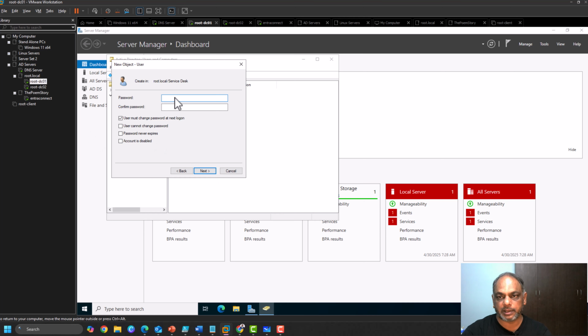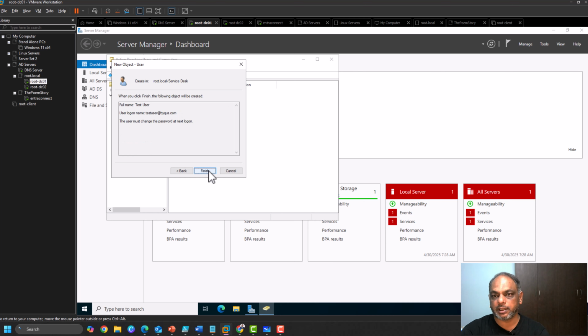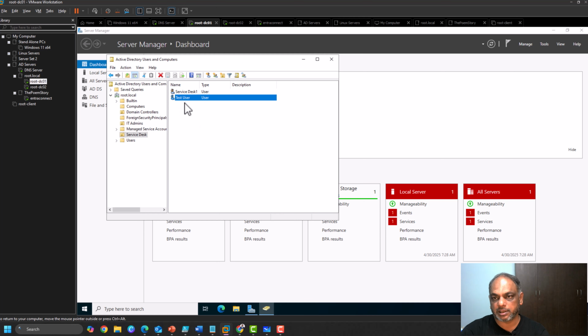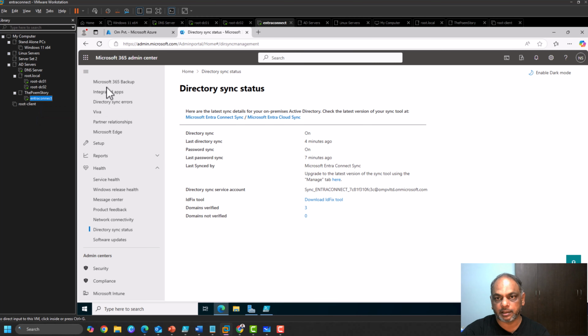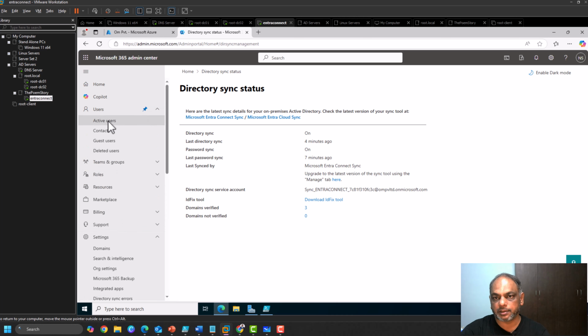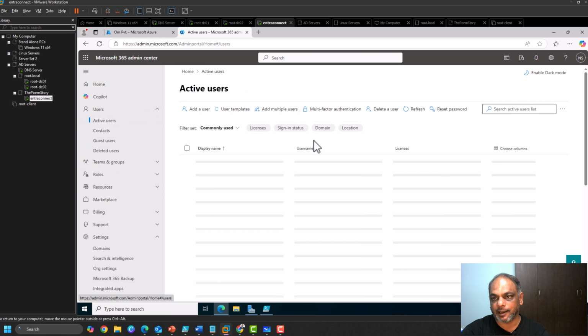We might set a password. Click next and finish. So this test user is created. Now we go to our Entra ID Connect and we go to users, active users, and if we refresh, it